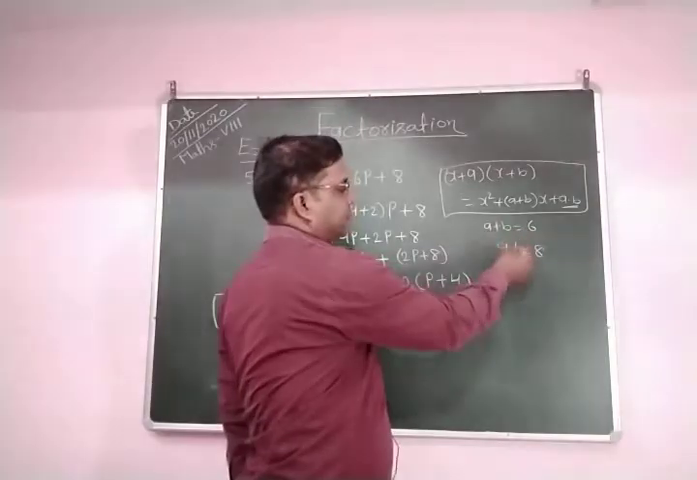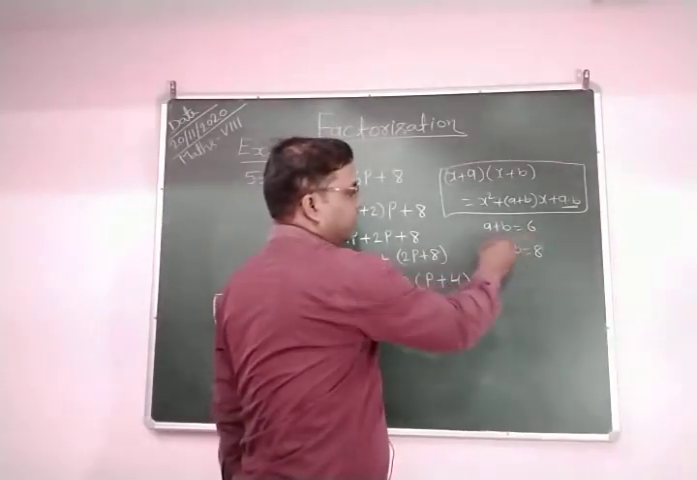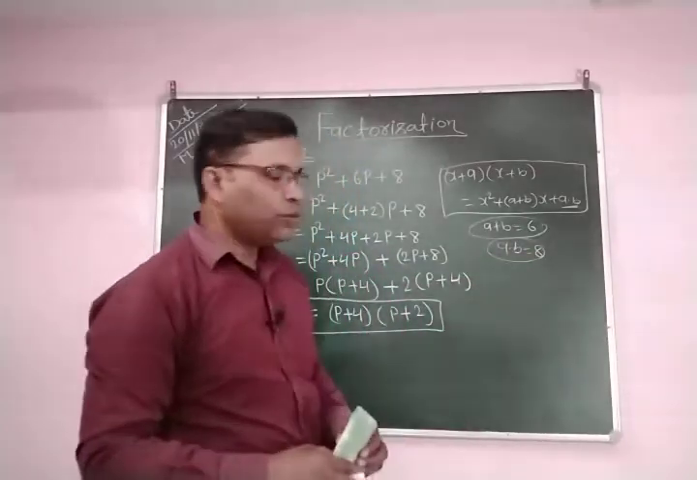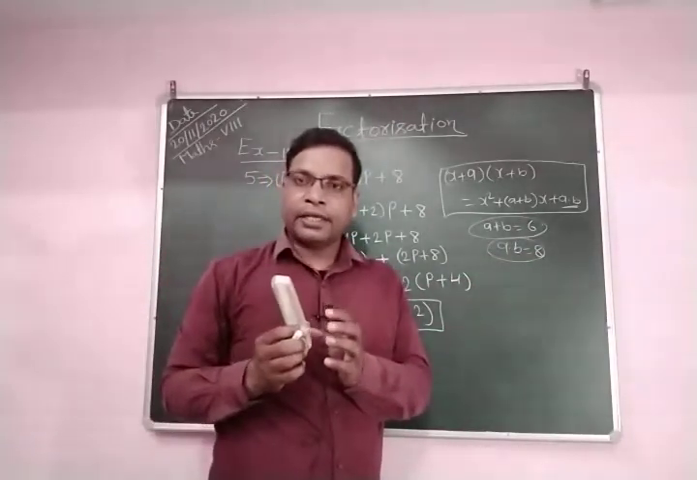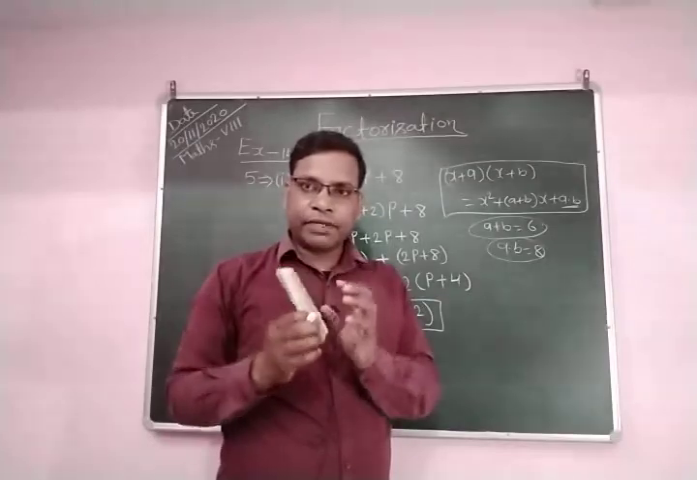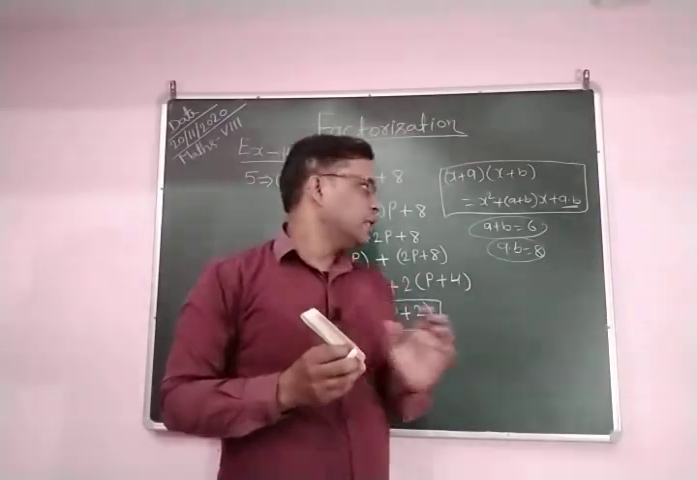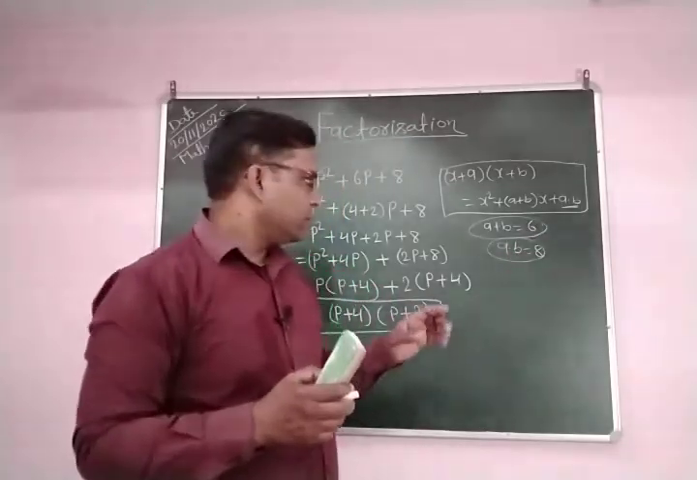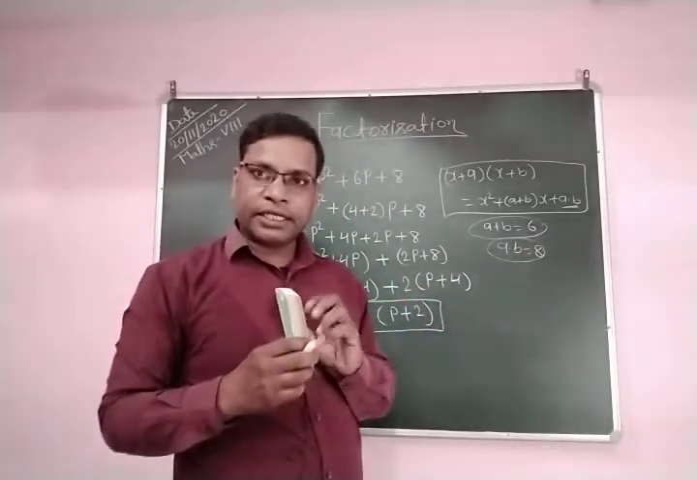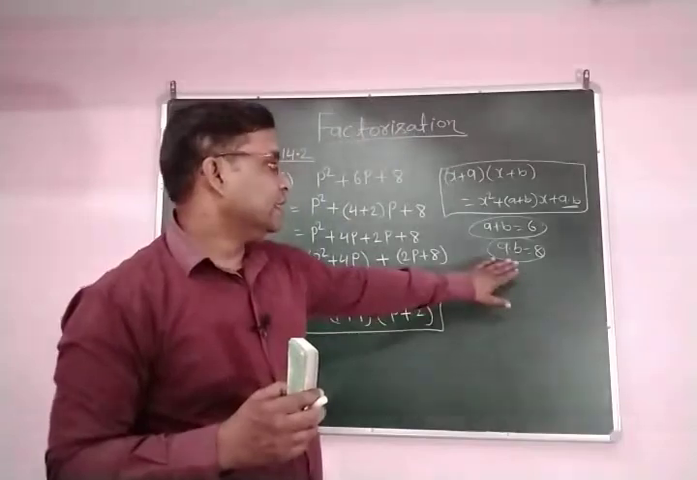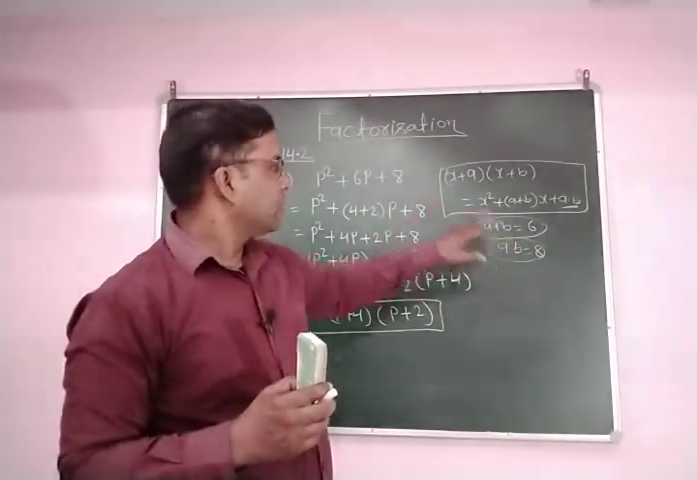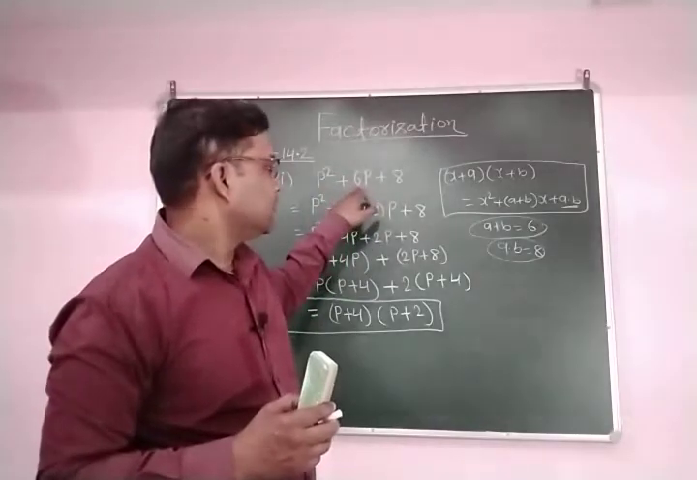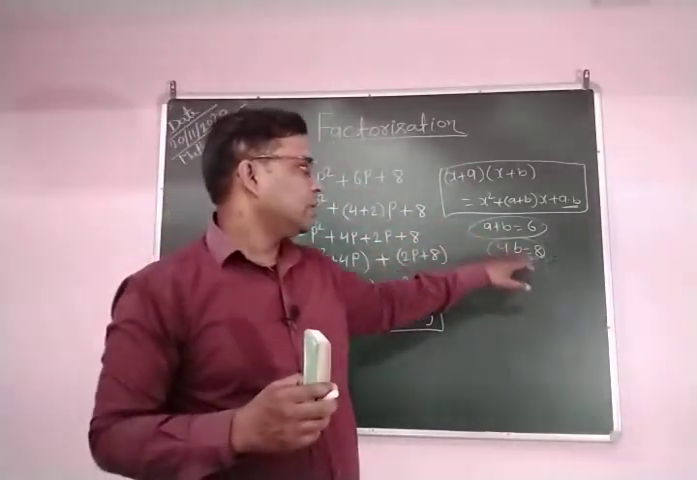In this case, what do you mean by this and this? It means a into b is the factor of 8. If the sum of the factors of 8 is 6, then we find the factors of 8 such that their sum is 6. Then you can find the factors of the given expression, because this 6 is the sum of the factors of